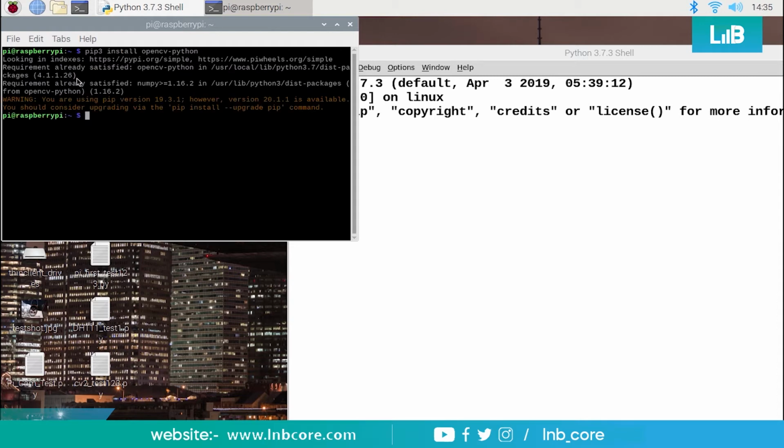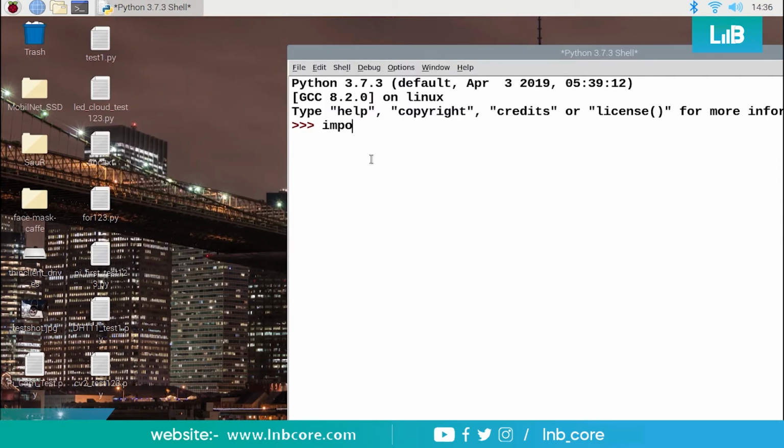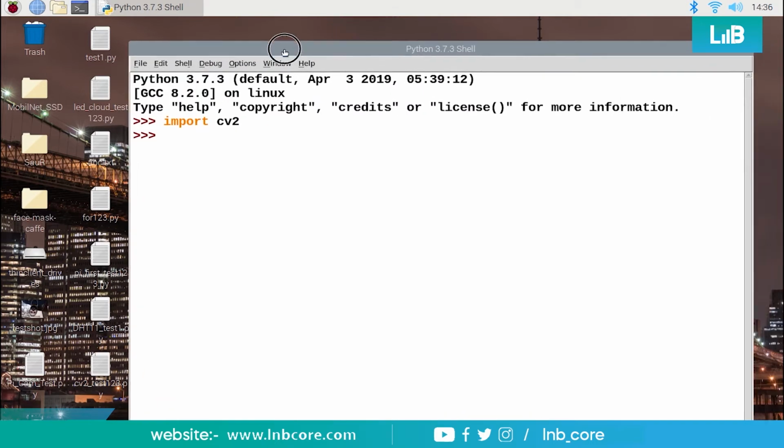It showed that the requirement is already satisfied, which means I already had this library with me, like I told you earlier about how to install. If something is being installed, there will be a process shown on this window also, right? So I have this library already. Let me try to import that library now, cv2, right? So this is the module.